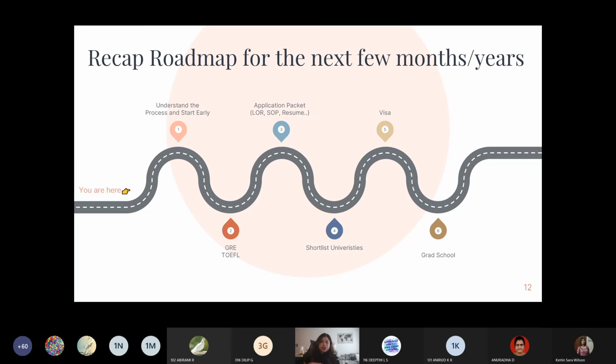After finishing that, shortlisting universities comes next. So for shortlisting, just have a bunch of universities. I just realized I spelled universities wrong, sorry. So have a bunch of universities that you're interested in. Just Google and then speak to the alumni, speak to your seniors as to which universities are the most popular, or I would just go with what universities you're interested in in terms of program.